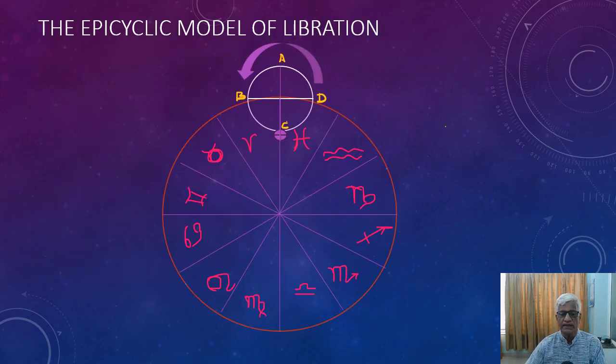If you look at the zodiacal circle here, starting from Aries, Taurus, etc. onwards to Pisces, this also will represent the ecliptic, and the equinoctial point moving through this zodiacal circle, to take care of its irregular motion, you can assume there is an epicycle,